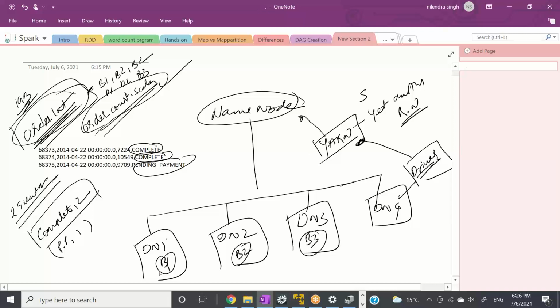So what Yarn will do, it will create two containers: this container 1, and here it will create container 2. So what we are seeing here is that Yarn, on behalf of the driver, will create some containers.